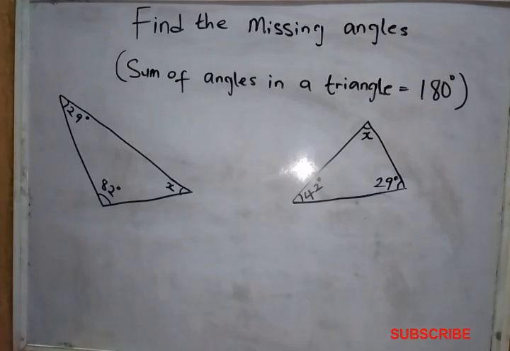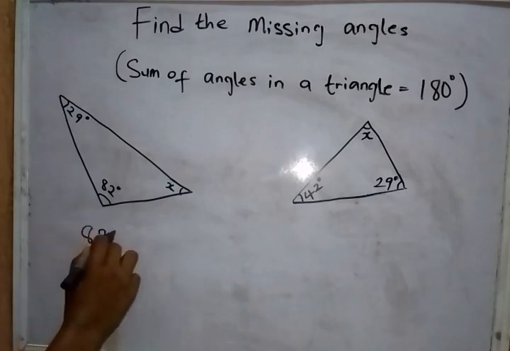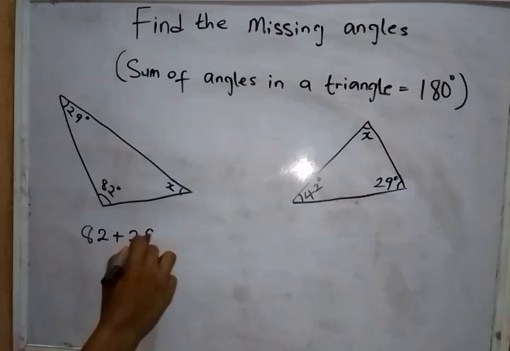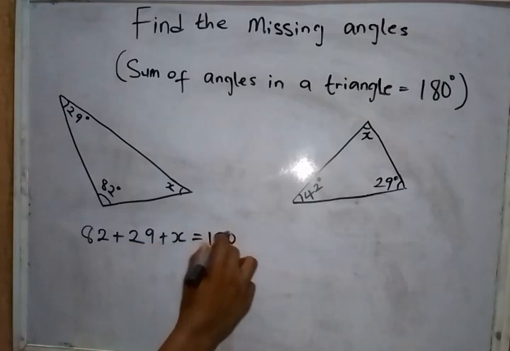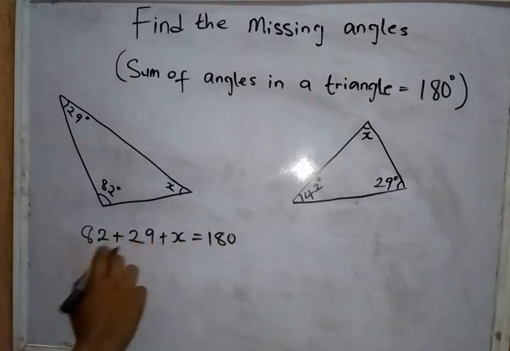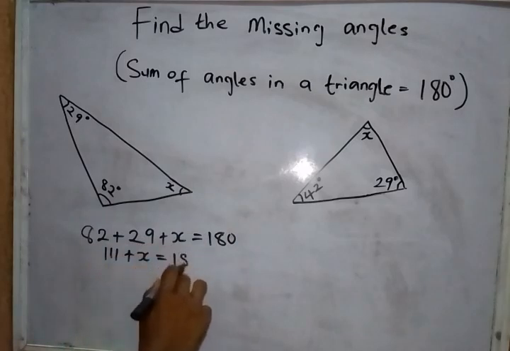angle X, and angle 29. Once we sum up these angles here, it's going to give us 180. So we are going to have 82 plus 29 plus X equals 180. Adding these two together gives us 111 plus X equals 180. So we are going to have